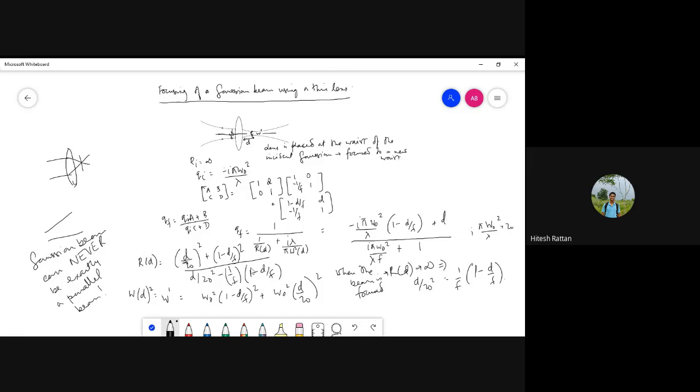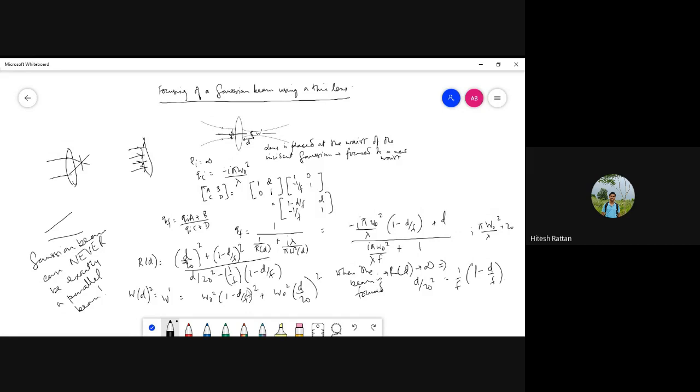Sir, if we have a set of parallel rays, they will be focused at F, right? Look, Hitesh, here we don't have rays. Rays are a geometrical simplification. Sir, the lens is placed at the waist, so at the waist it is a plane wave. So where does it tell you it's a parallel beam or a parallel set of rays? Parallel rays are going to come like that, right? Sir, if it's a plane wave, then the rays are parallel, right?